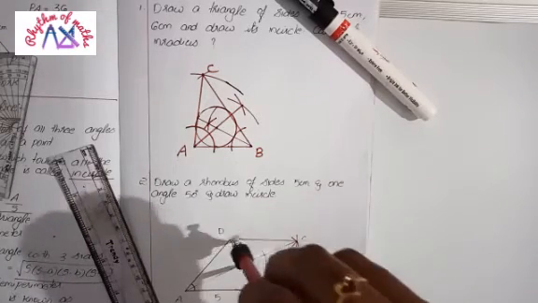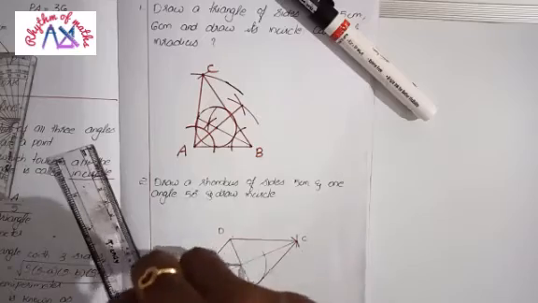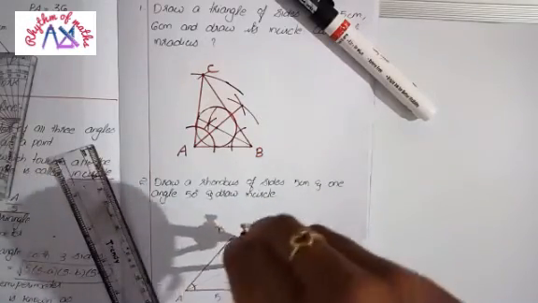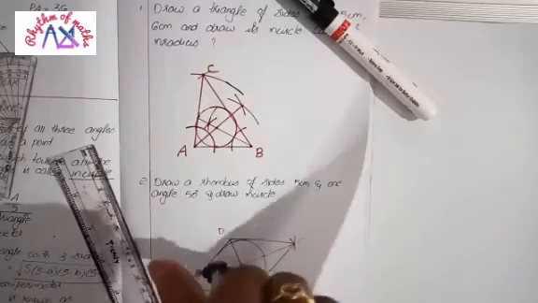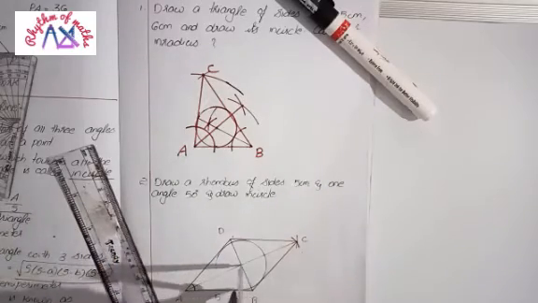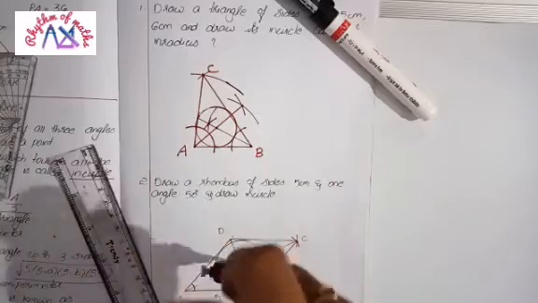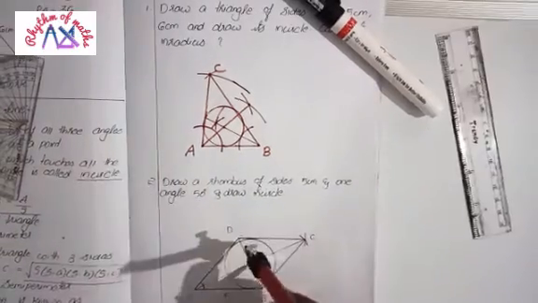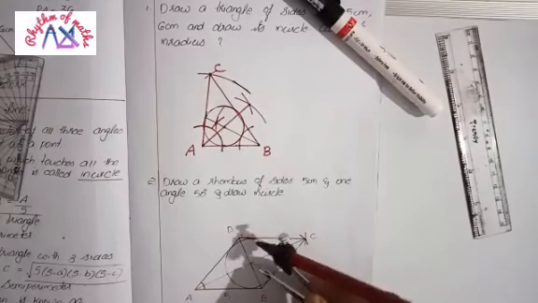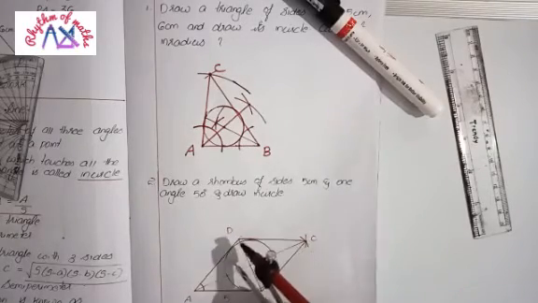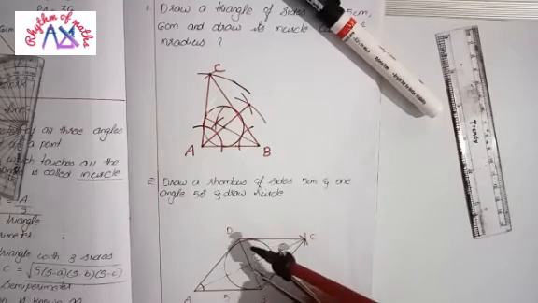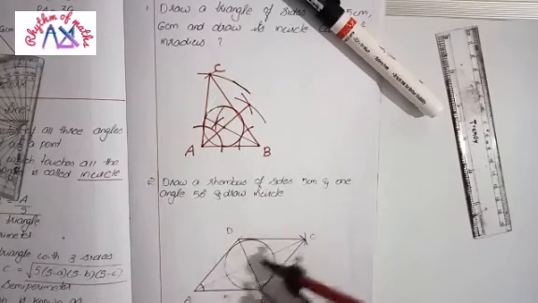You can see all the four sides of the rhombus touch the circle here. This is the incircle of this particular rhombus. All the sides are touching the circle. Here all the four sides touch the circle. So this is the incircle of this particular rhombus.